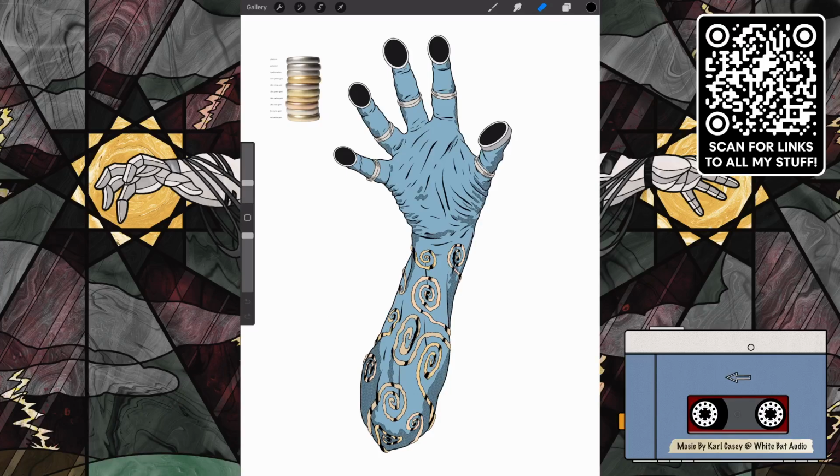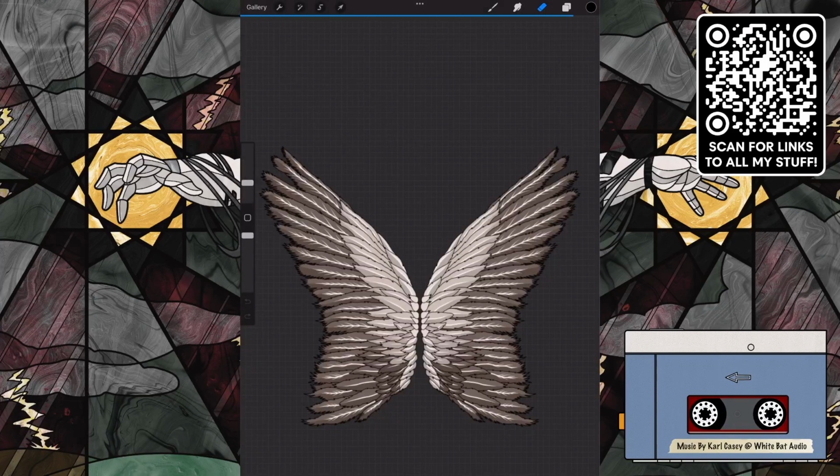But anyway, this image is what popped into my head first. The hand with the keycaps, and there are these metal things on the arm that are described. So I did this piece first, but then there's also a lot of bird imagery. There's a lot of different birds and wings and stuff like that. So I'm like, okay, I can't just have it be this. So then I jumped over and I did these wings.